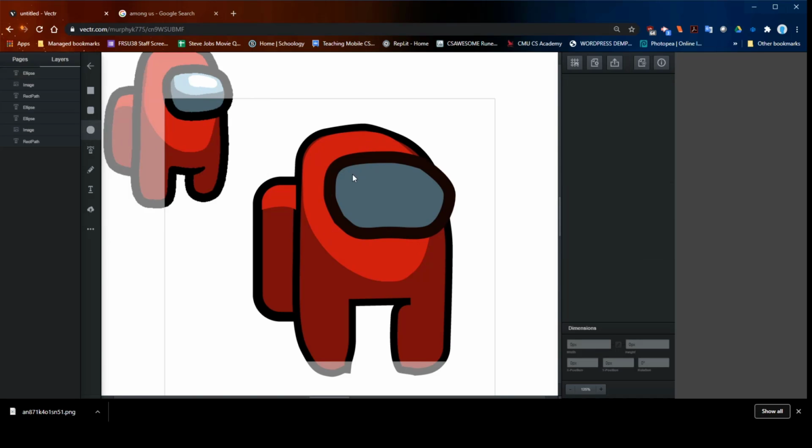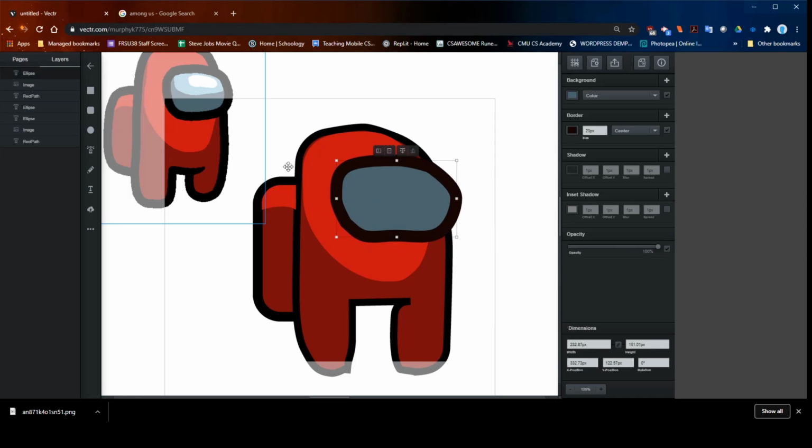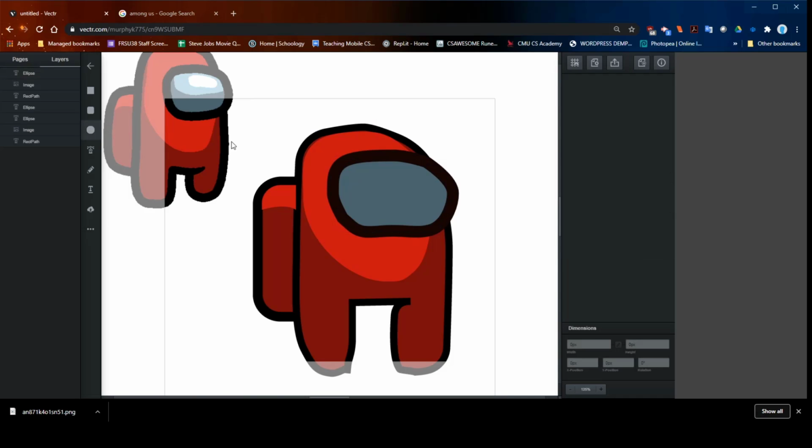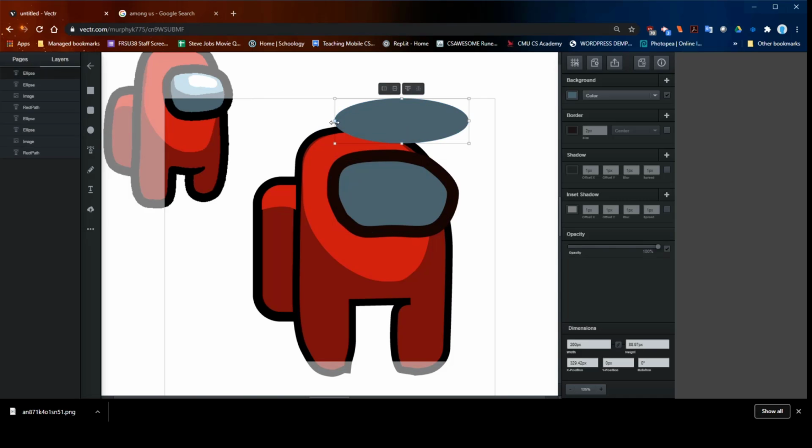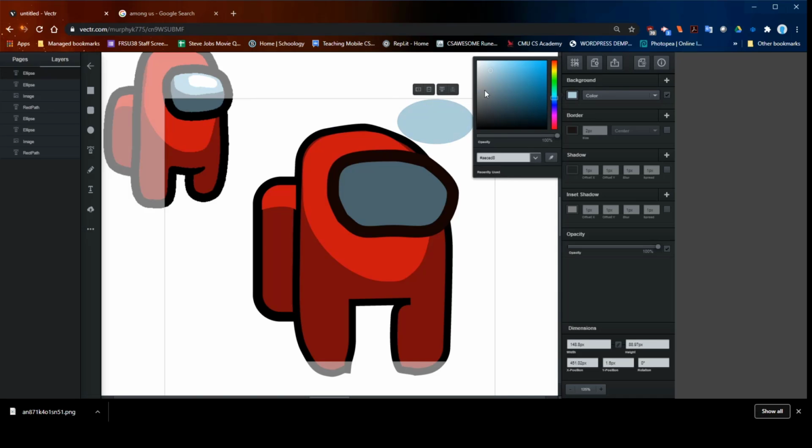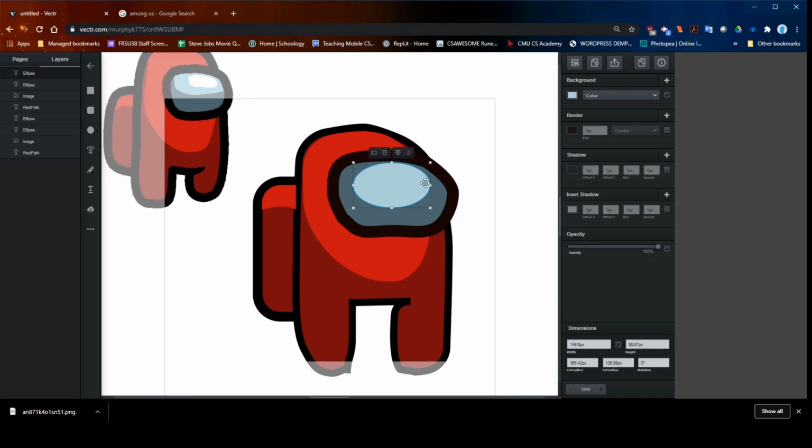Same idea. I could do an ellipse. Whoops. I can do an ellipse like so. Recolor it. And then I have some choices here. I could do this where, you know, you can kind of match it by clicking on the edges and making it,